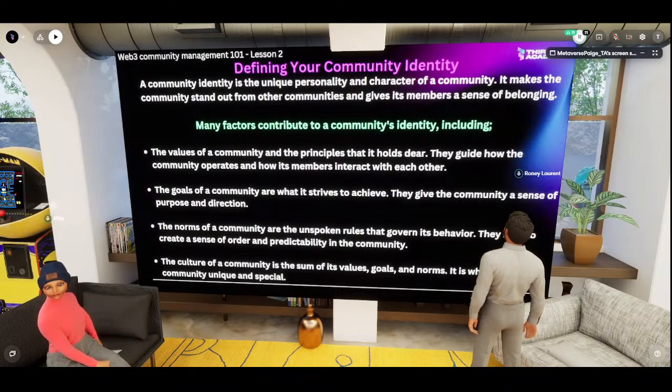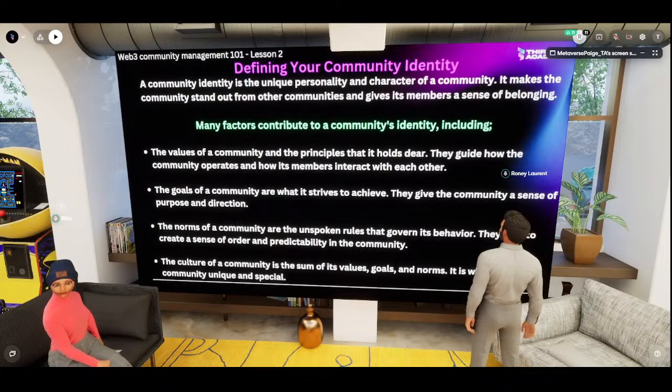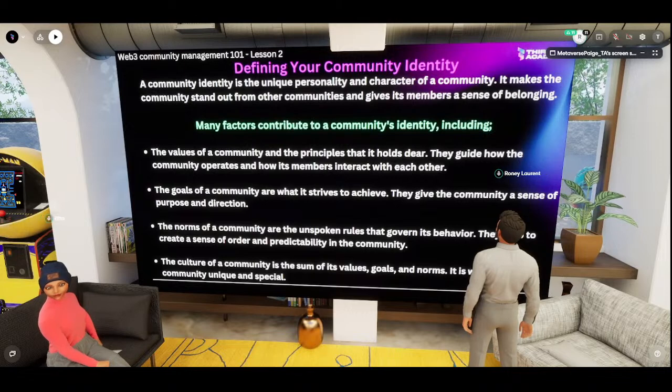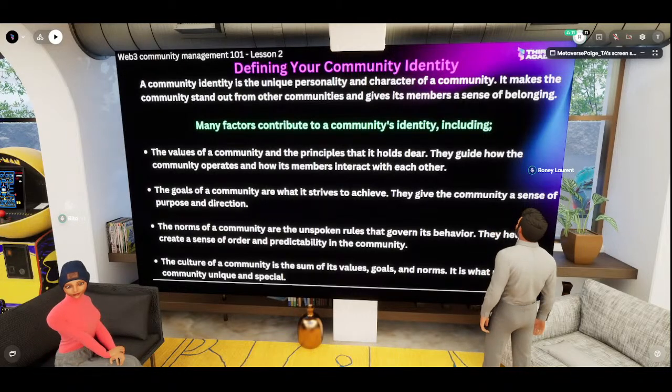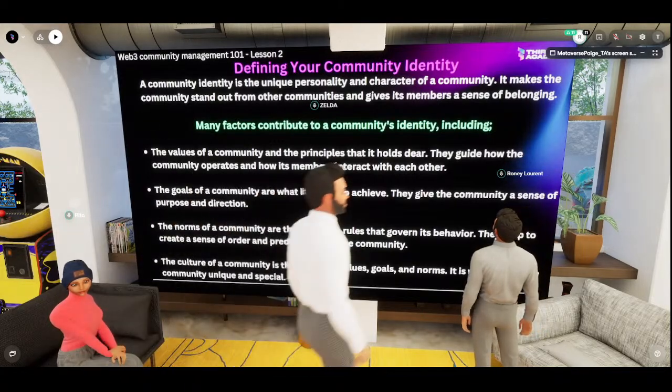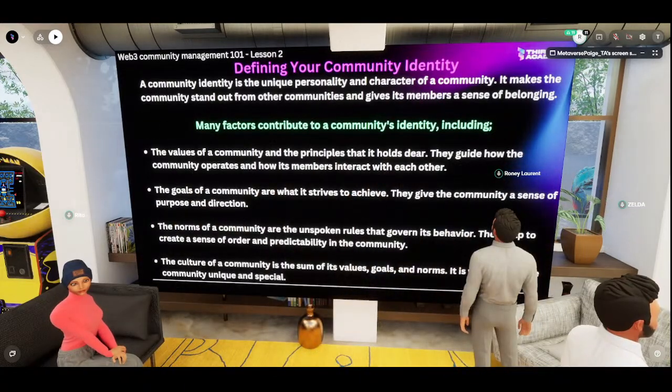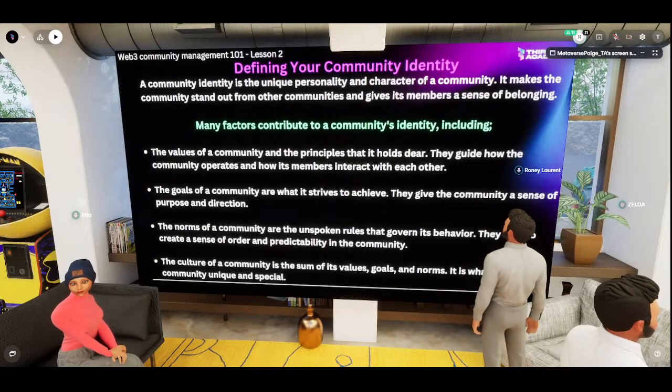Most communities, the community members and you as a community manager, work together to achieve a particular goal. Now, when there is a goal that the community is striving to achieve, this will give your community a sense of purpose. I mentioned in our first class, I don't know how many of us have heard of the Constitution DAO. I don't think they exist anymore. But when they did, they had a goal.